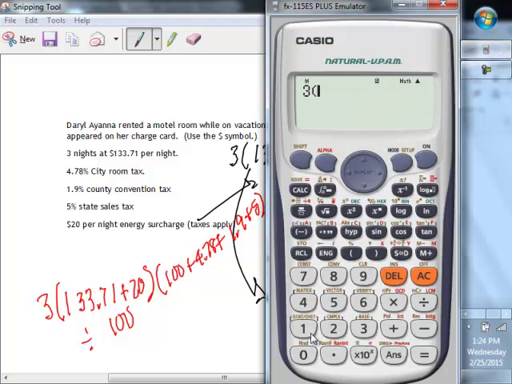3, parentheses, 133.71. That's the price of the room, plus the $20 energy surcharge. So that's how much we're going to spend each night. We're going to cross multiply that by, since we want the total, 100% plus the city tax, 4.78, plus the convention tax, 1.9, plus the state sales tax, 5. And now we're going to divide that by 100 to cross multiply and divide, and we get